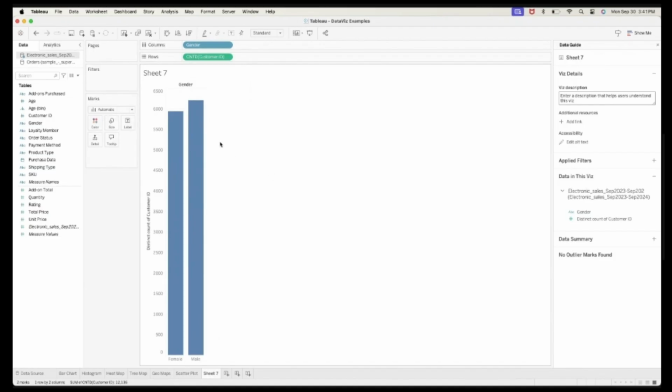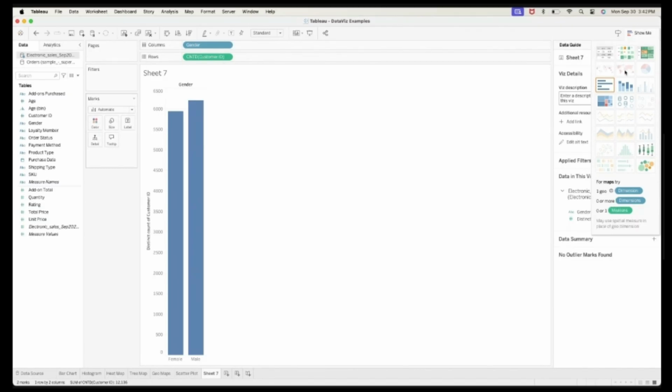Okay, now I have this. And if you've noticed, nag-bar siya agad because my selection here is automatic. It kinda selected that already for you. Pero you can also change yan if hindi mo trip yan. Or you can use show me to see what are the available charts or visuals that I can use for this particular data.